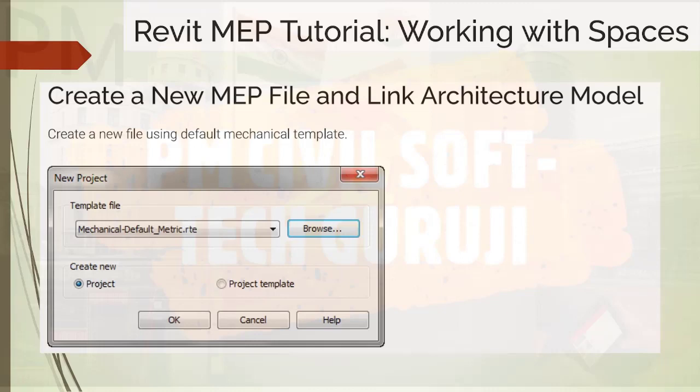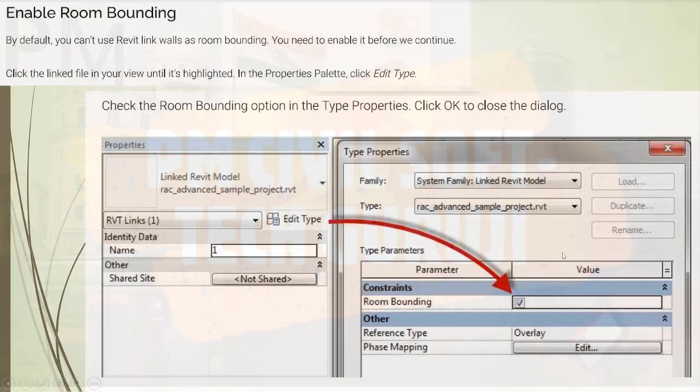So now create a new MEP file and link the architecture model. Create a new file using the default mechanical template as shown in the figure.